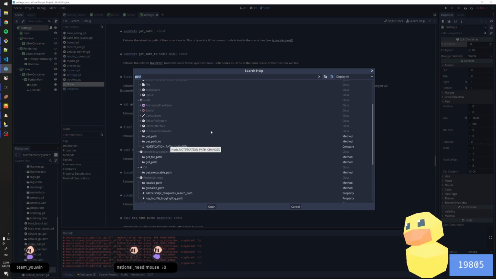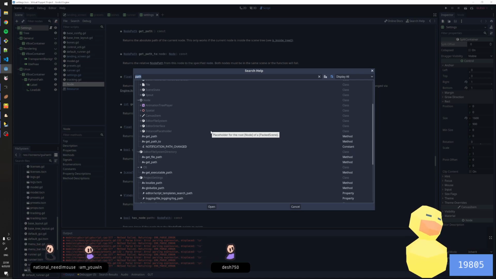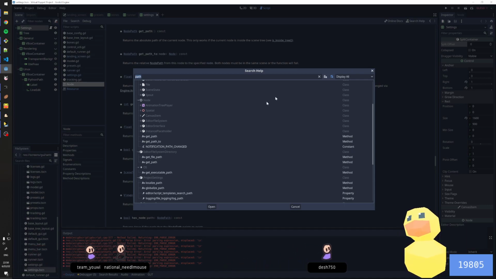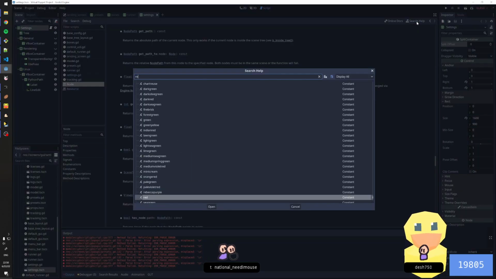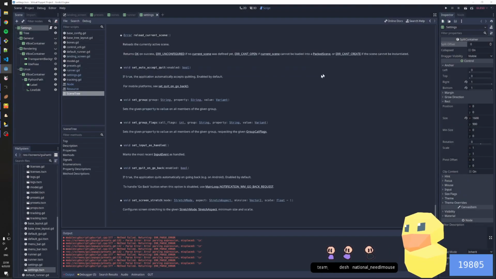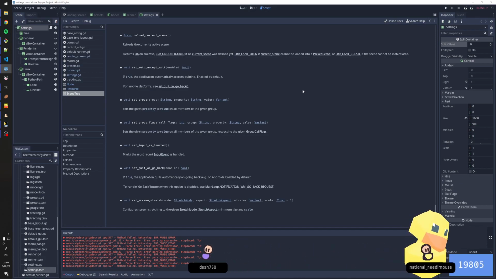So I'm not sure what the path associated with the file is. And then there's no other way for me to, even if you were to do something like reload scene. So reload current scene, yeah. Reloads the currently active scene, returns okay on success. Error unconfigured, no current scene was defined yet. Error can't open a current scene, cannot be loaded into a packed scene, or error can't create